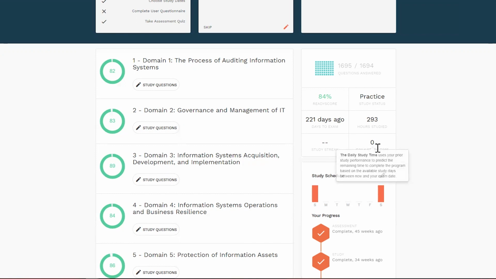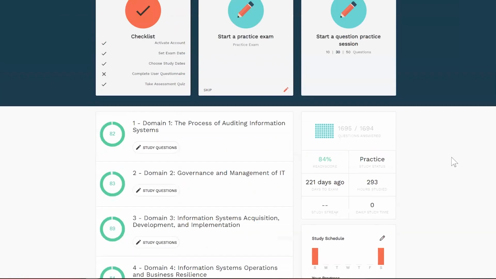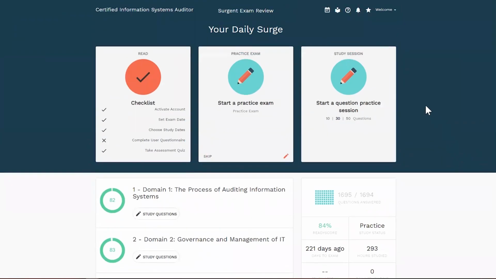Now, what do you do with these hours or minutes that we're recommending that you study? Well, you can do one of two things. One, you can go up here and utilize the daily surge. When you're using the daily surge, you're going to focus on your practice questions here, and then later on, you'll move on to your practice exams as well. But you also have materials that you can read as well. So those are two things that can be very helpful, utilizing the practice questions and reading reference materials from the